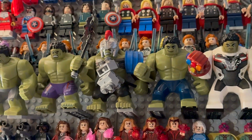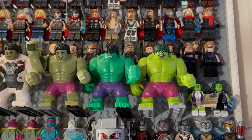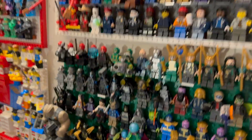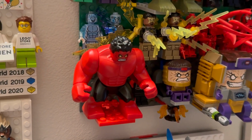It just is so cool. And then we got a few different ones for Endgame, all the way upwards for Infinity War, and even some comics versions as well in different colorations. Hulk was not the only Marvel Superheroes Bigfig that we got, because of course, moving on downwards, we even got Red Hulk, and I'm sure that according to rumors, we will be getting another one for the new Captain America